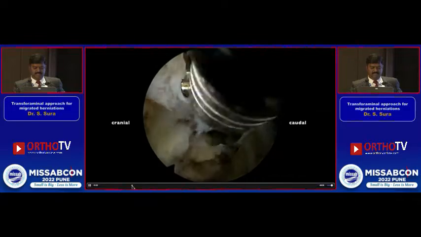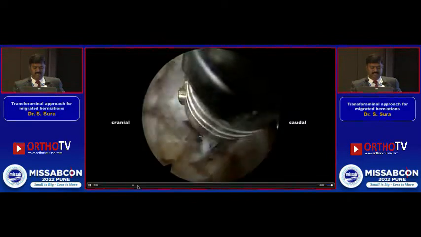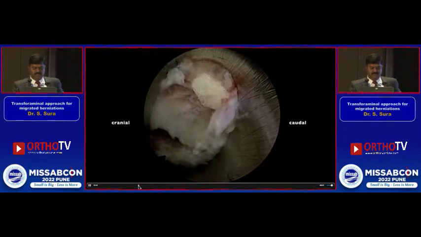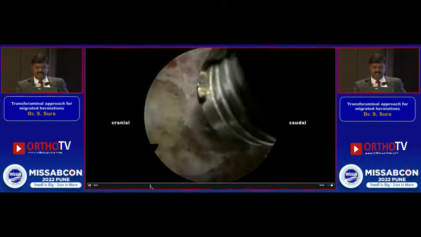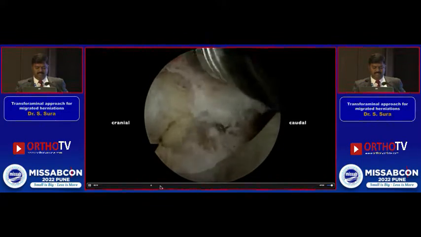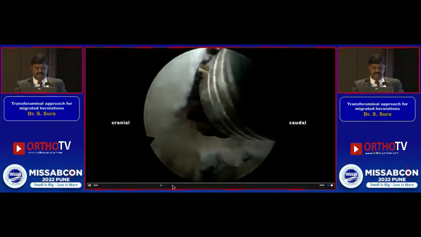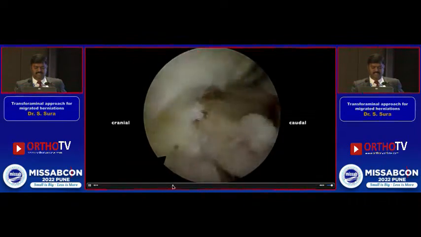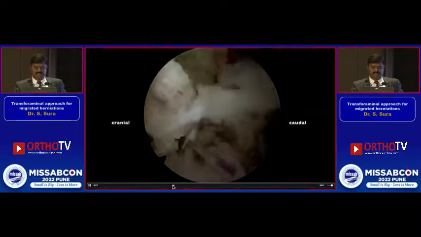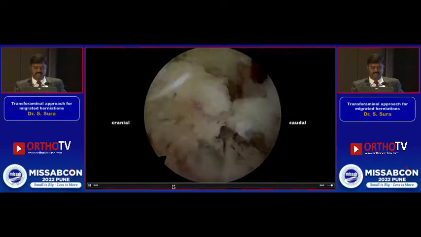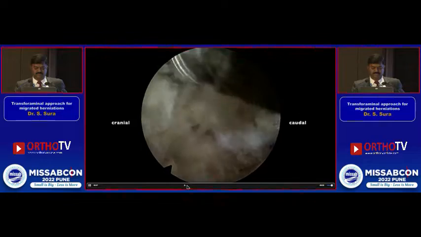Cranially I will be seeing the exiting nerve now. I'll just create some space so that I should not put traction on the exiting nerve. So I'm just drilling the non-articulating part of the facet there towards cranially. I sometimes use this chisel, which is very useful, makes things faster. Once I drill there,